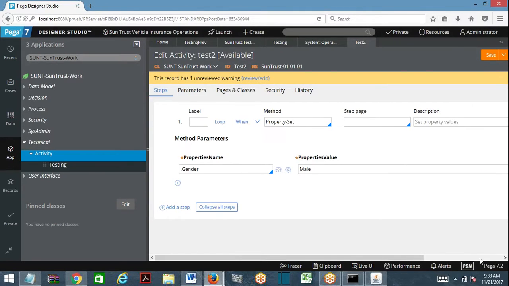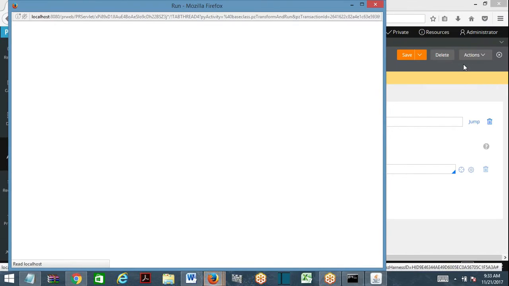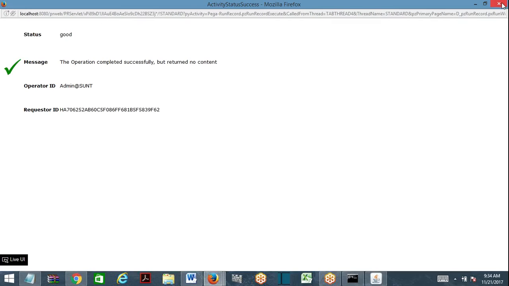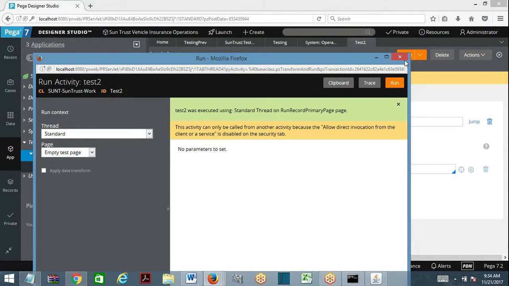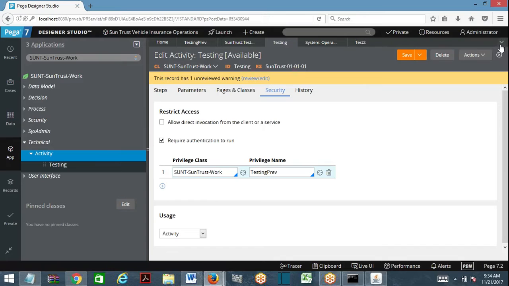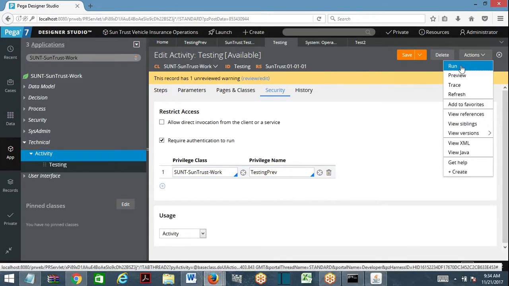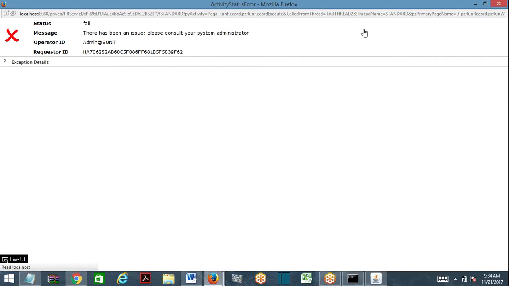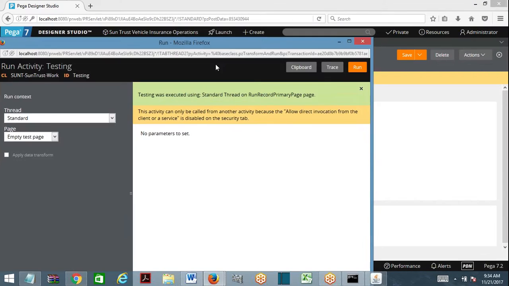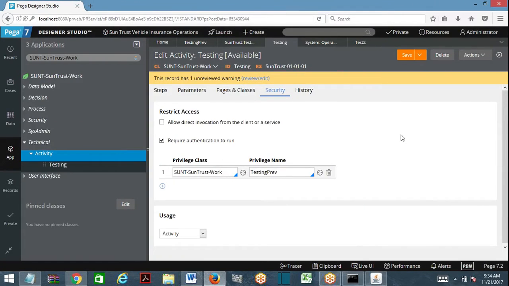I am executing activity 1. Whatever it is, the name of the activity doesn't matter. Am I able to execute? I have access to execute this. Okay, but now I am executing activity 2. Am I able to execute? No. See, look here. Activity 1 I am able to execute because there is no such privilege. Activity 2 I am not able to execute because it has a privilege on it which is instructing that it should not be executed. Now, I logged in as operator 1.